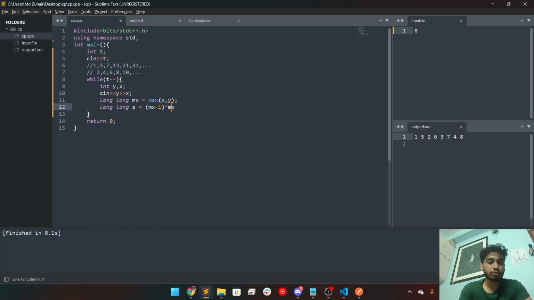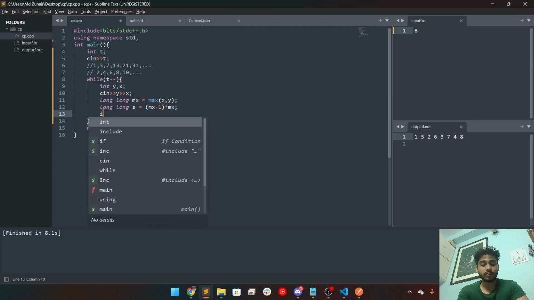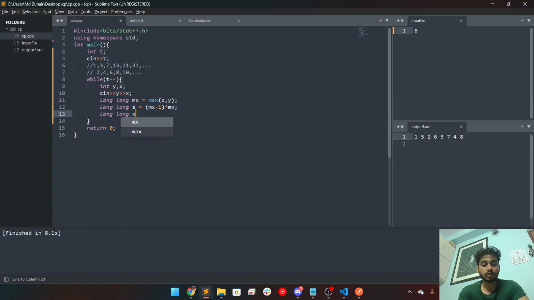So we remove the 2 from here, right? So our max value is s plus 1, right? S plus 1. Now we have max, so now we have this value, right? And we are at the maximum. So our question is